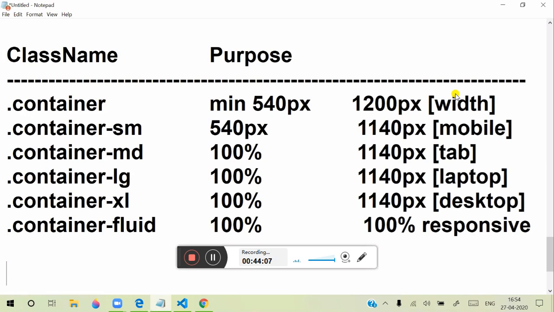So if you want to target any specific one, then you can use different containers and define different containers, right? Container fluid will take the entire viewport. It will adjust according to that. That means it will be more responsive and it will adjust according to the